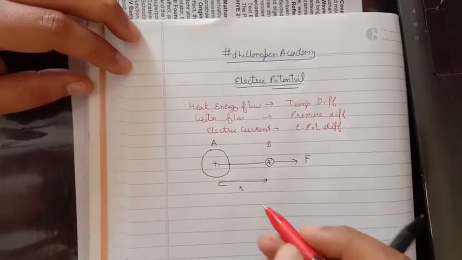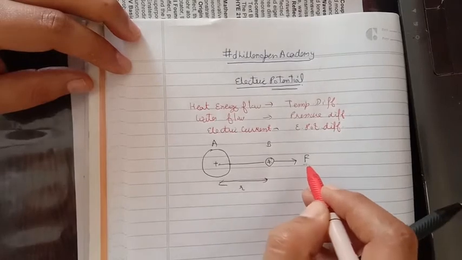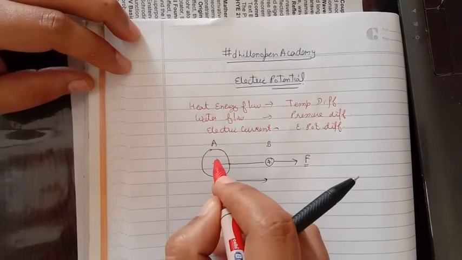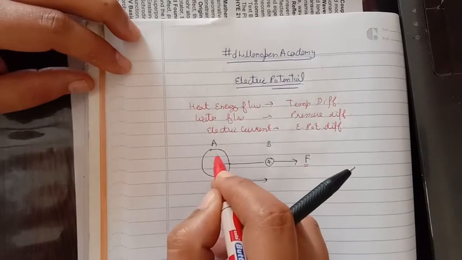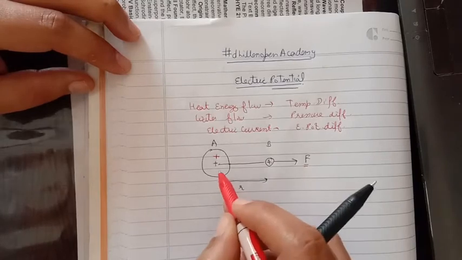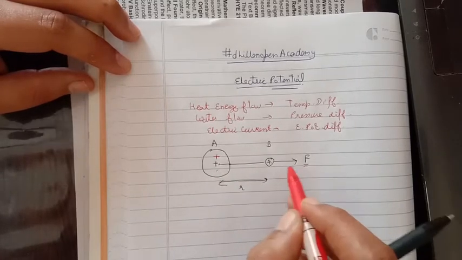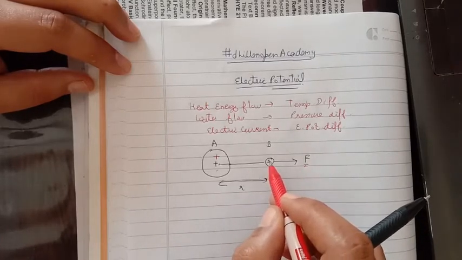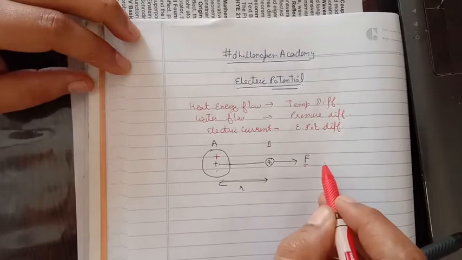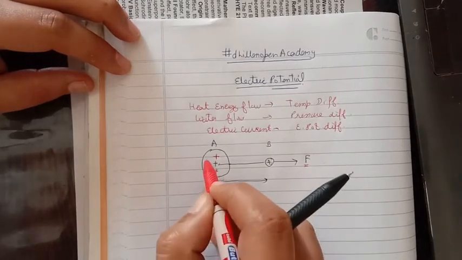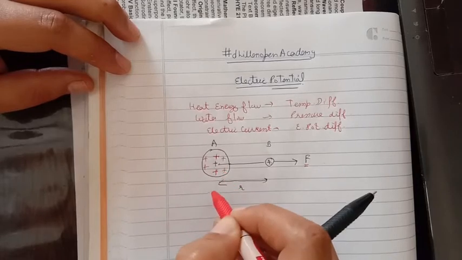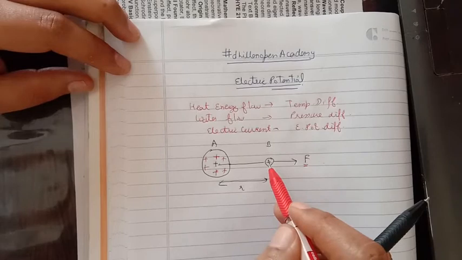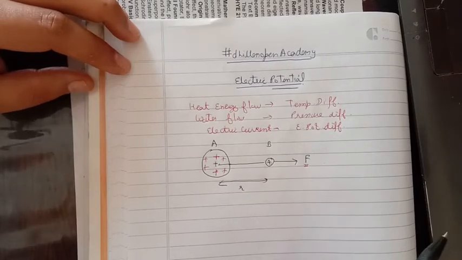This repulsive force which A is applying on B can be increased if the positive charge present on the body A is increased. So instead of 1 unit positive charge, if we place 2 unit positive charge in the body A, then the repulsion on B increases, the force F increases, so the body B is going to move away from A even with higher velocity. If we go on increasing the positive charge inside the body, the increase of the repulsive force is going to push the body B, and body B is going to move away with greater and greater speed.